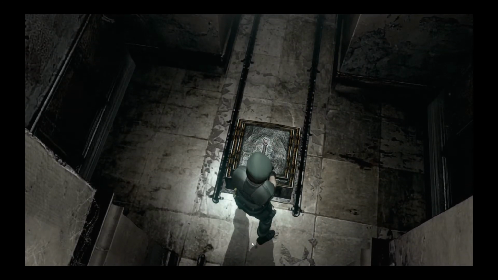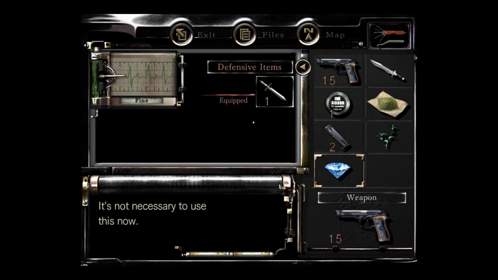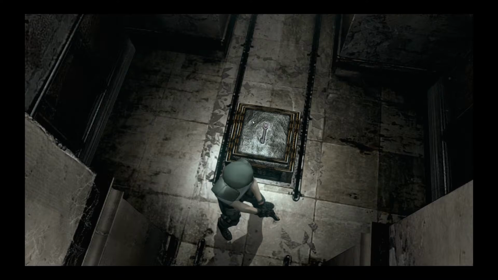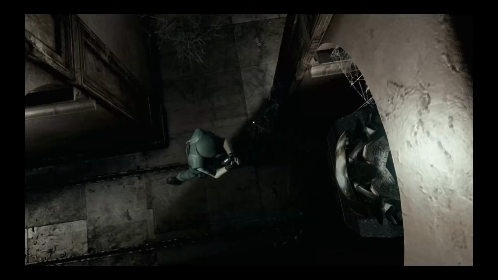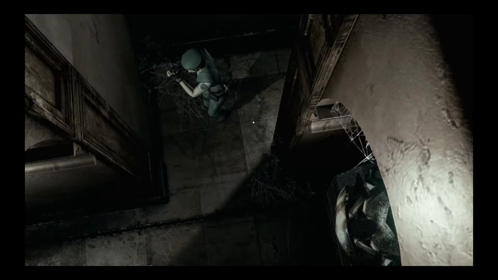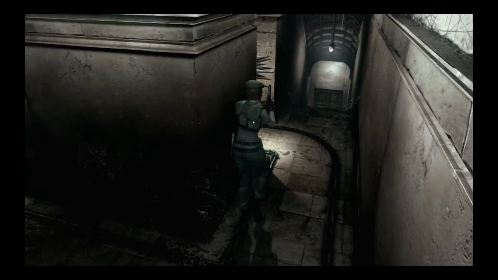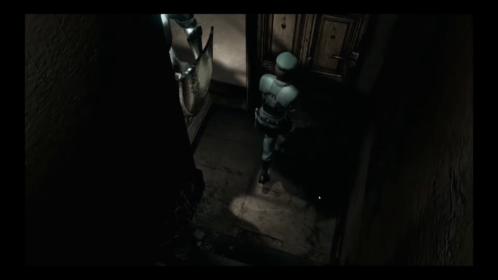Alright, now the key of death. Let's see here. It's not necessary to use this right now. Well, I mean, yeah, I guess, but I don't exactly want to take the key and then the gemstone not working. So based on that message, I'm not even going to try. Actually, now that I think of it, I vaguely remember that you might need to make like a fake key to fit right there and not the gemstone. Well, this is a problem. Where...